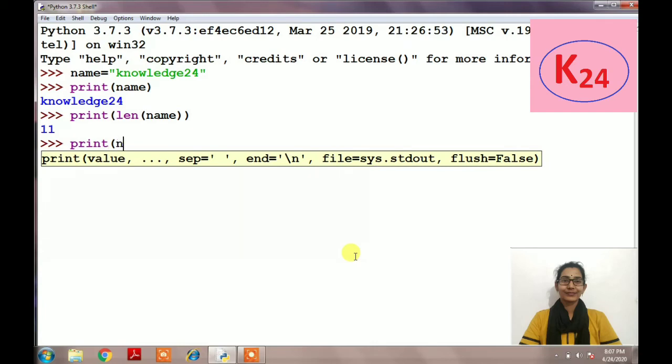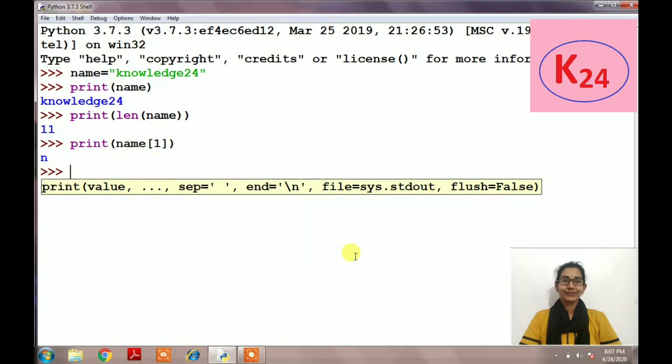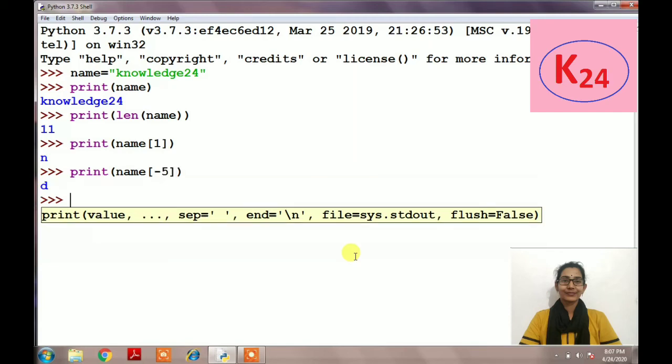Then we print the indexing 1 of Knowledge 24, and it will print n because it starts from 0. Then we print negative indexing: minus 5 indexing, and it will print the d value.